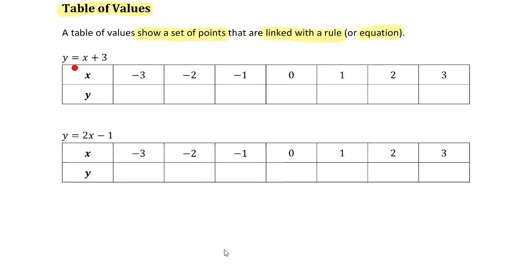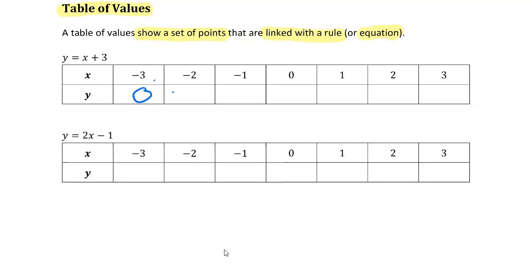We've got y equals x plus 3. So this first one, x is equal to -3. So I sub it into our rule, our equation. So -3 plus 3 equals 0. So y equals 0. Here, our second value, x is equal to -2. I sub it into the equation. -2 plus 3